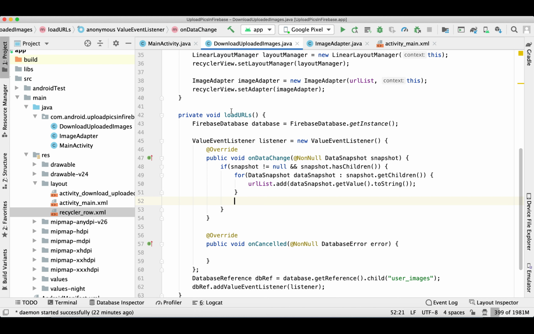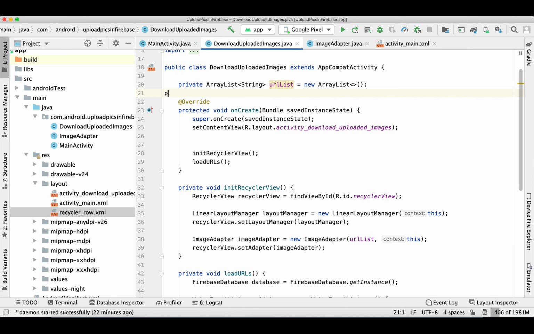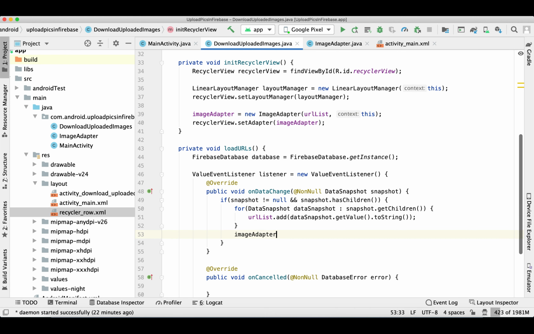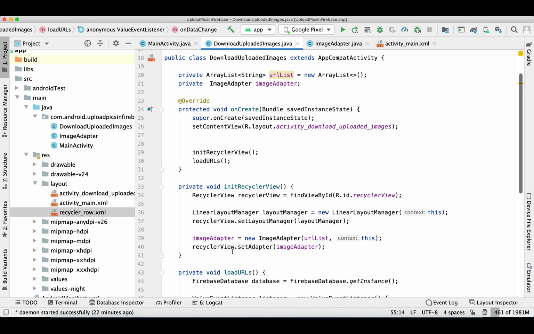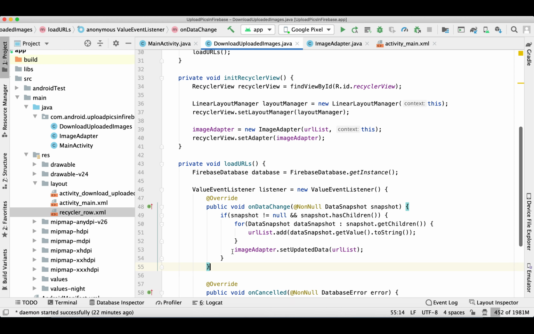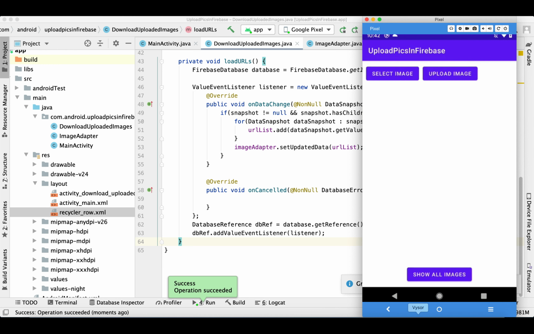And now we'll set the updated list to our adapter. For accessing our adapter, we need to define it globally. Let's run and see.